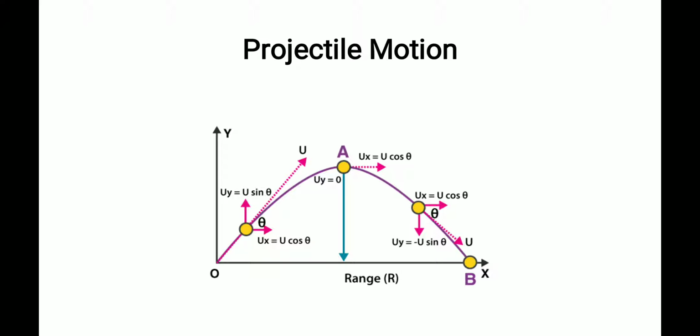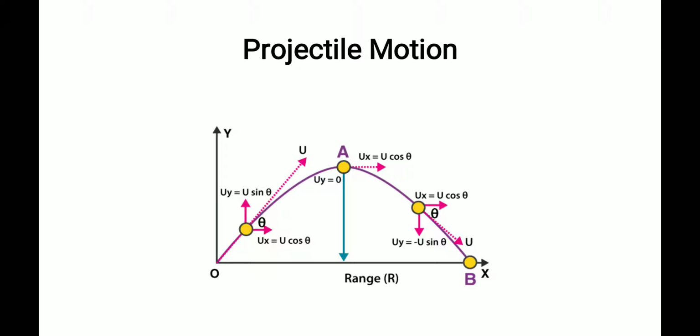So here what are the forces acting? Means velocity components. Initially one velocity in this direction. I am projecting at an angle theta with the horizontal, that is the angle of projection. So I am giving an initial velocity u at an angle theta with the horizontal. Here I am splitting this into two components, u cos theta along the horizontal direction and u sin theta along the vertical direction. This u cos theta is always constant.